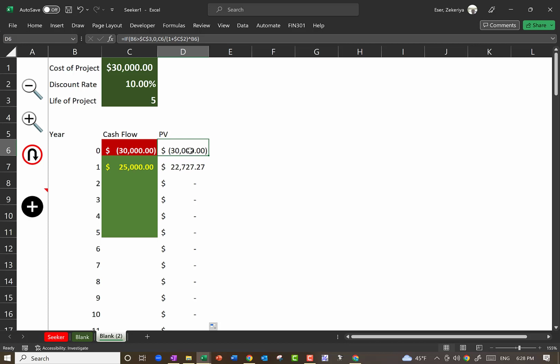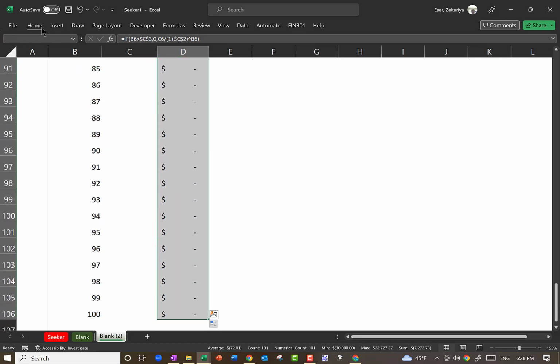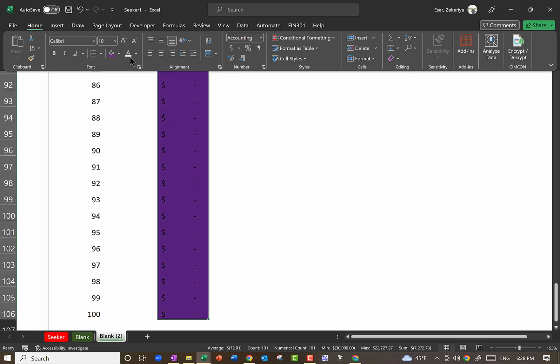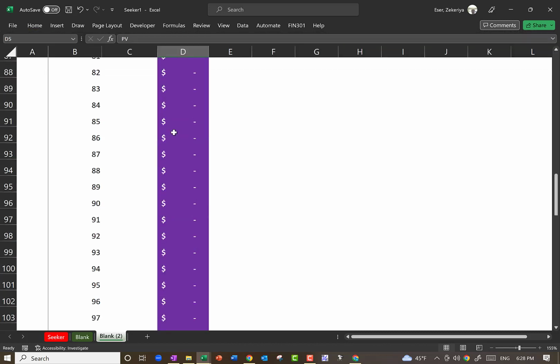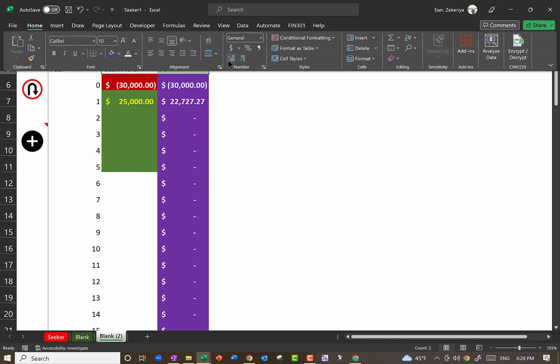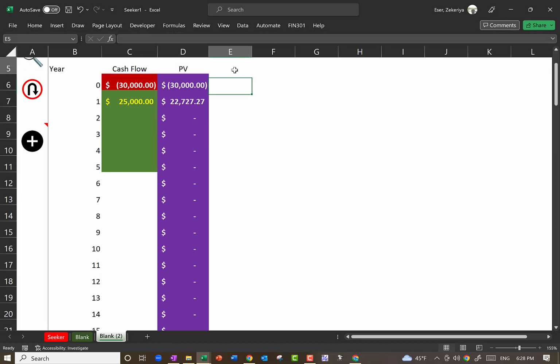And I'm gonna format these things a different color. Purple, white, bold. Again, you know, I could conditionally format those, but I'm not going to worry about it. For later purposes,